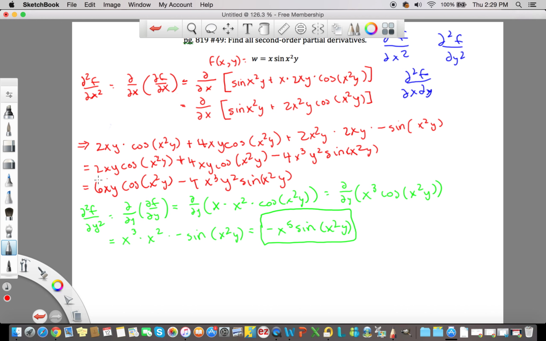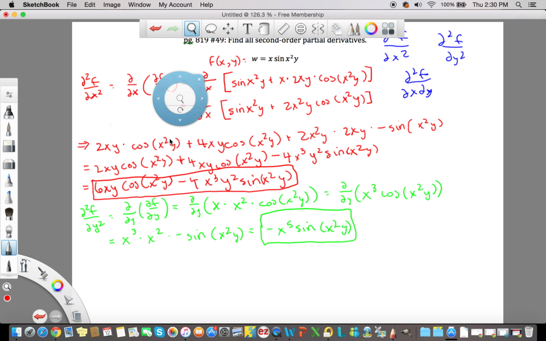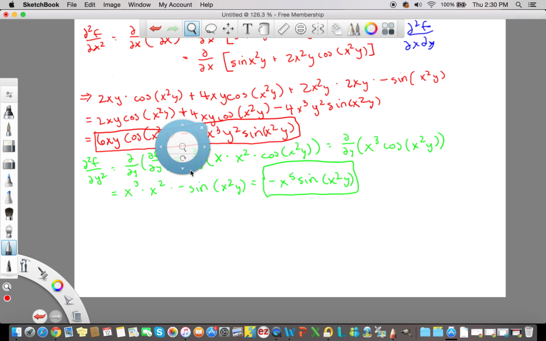I'm just going to square that so you guys know what it is. Oops, sorry about that. That is our d squared f over dx squared. So now what we have to do is just find the mixed derivative. Okay. I'm going to change back to that, and I'm going to do this in orange. So our mixed derivative,